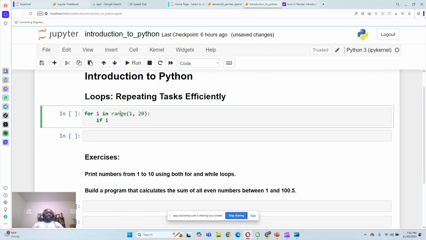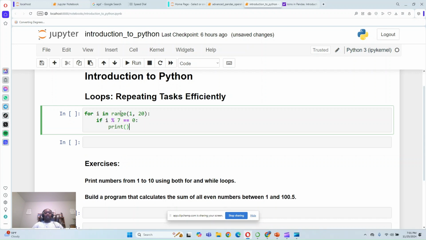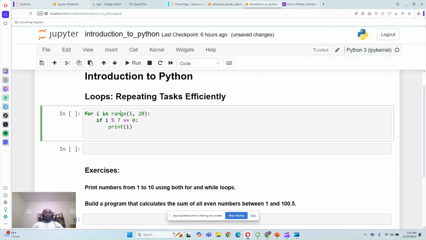If i mod 7 is equal to 0, I'll explain later what this is doing. Print i. When it's done, I want it to break. All right. So what it's doing is, for any number that is divisible by 7, this one is a remainder, and I will explain it in a video specifically for that. But if i divided by 7 has remainder equal to 0, then print i, then break also. So when I run this one,